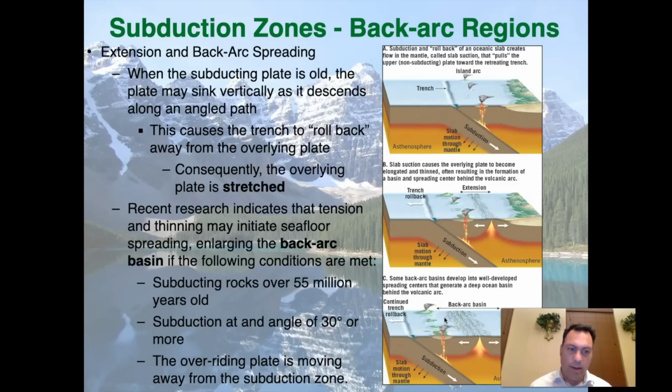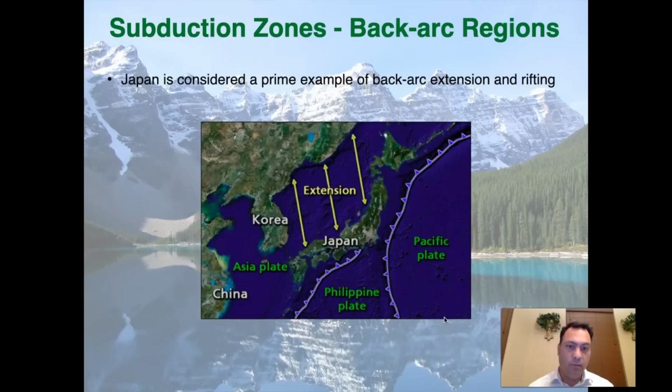So it's really complicated, but the result is that you can get some pretty profound land features, like the islands of Japan, which are believed to have been formed in this way. So here we see Japan. Japanese rocks are believed to have formed originally along the coast of what today would be known as China. And we have a series of subduction zones here, one on the Philippine plate, one on the Pacific plate, and we believe that these subduction zones have rolled back. These are very, very old plates, especially the Pacific plate. And as it has rolled back, that has initiated extension between Japan and China and rafted Japan off of the